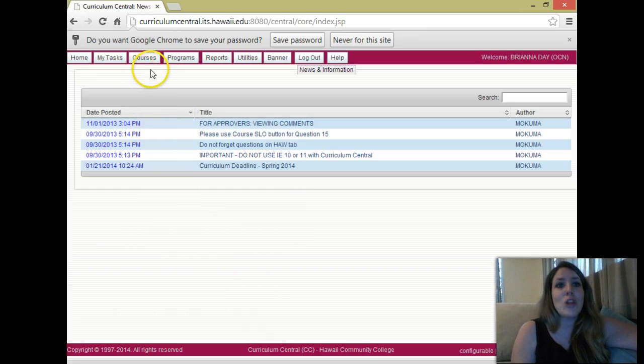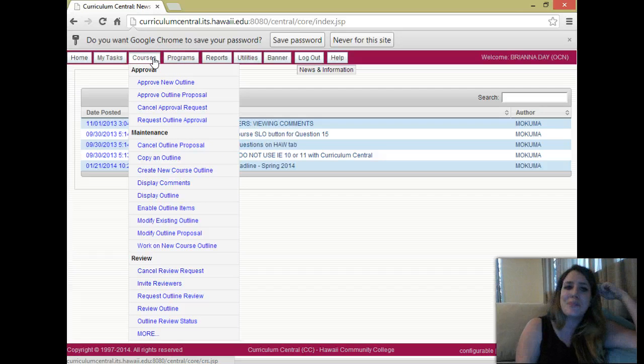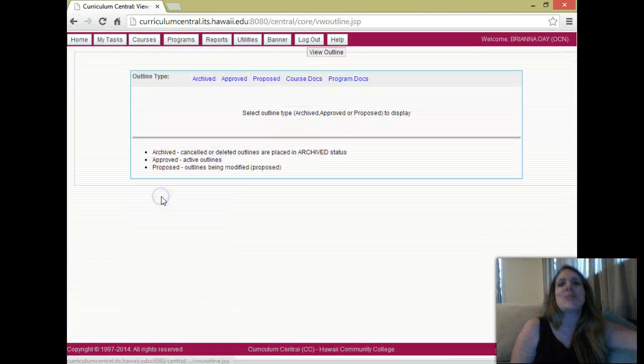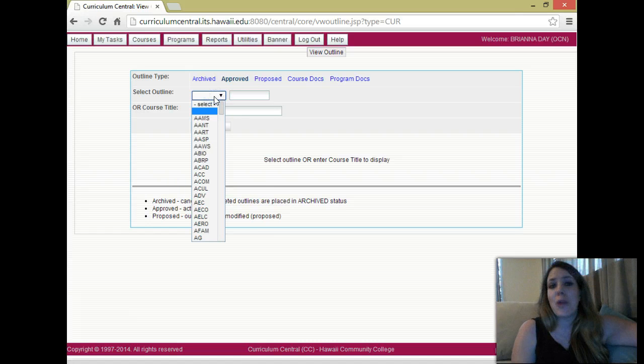And then notice that it has courses, it has programs, so you can pull up information about programs. We're going to start with courses, and I'm going to go down to Display Outline. So if I go to Display Outline, and I'm going to go to ones that are already approved. And by the way, the college offers wonderful training sessions on Curriculum Central.